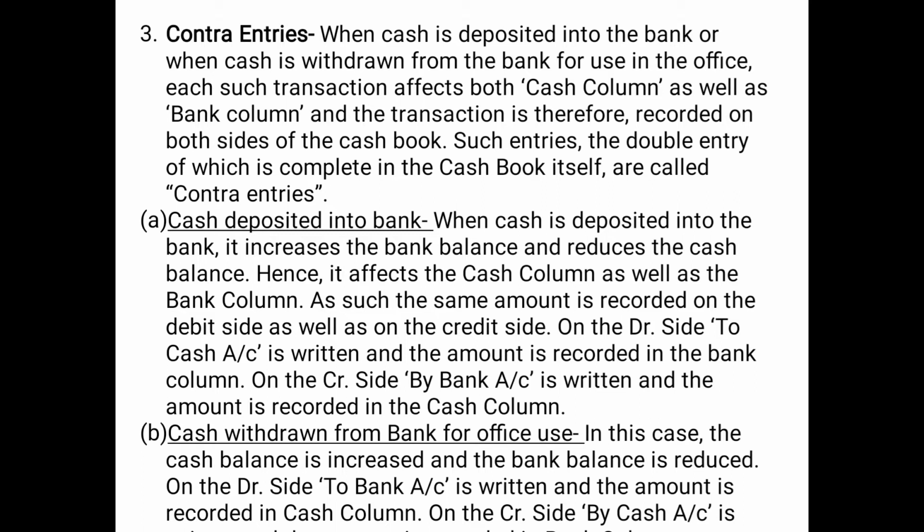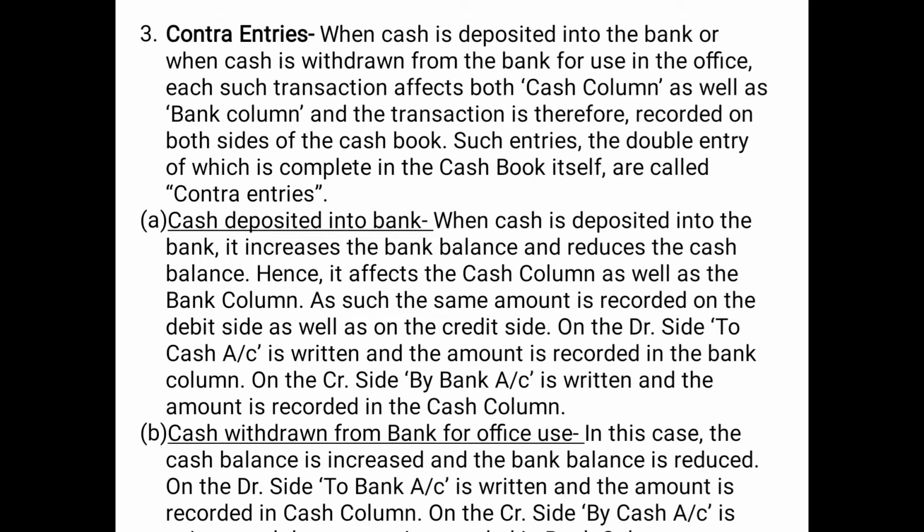If you are recording the bank aspect, in particulars, the particular will be cash and the amount will be written in the bank column. A point, cash deposited into bank. When cash is deposited into the bank, what is the effect? Your bank balance increases. That means one side, this will be posted on the receipt side, on the debit side, as 2. Now bank balance is increasing, but why? Because cash is being deposited. So you will write 2 cash account and the amount will be written in the bank column.